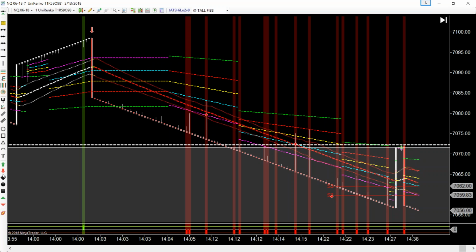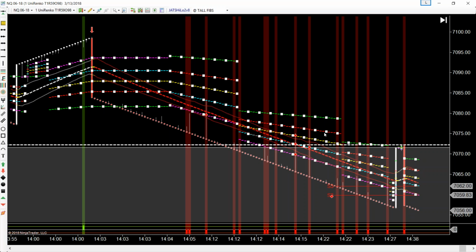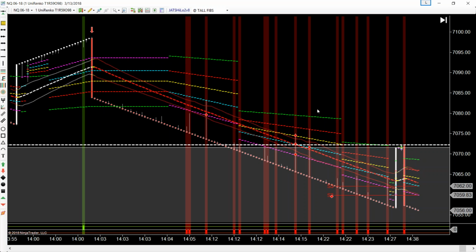And the auto trader, if you wanted to trade this in Blackbird, would enter for you automatically at the levels that you can select. So if you want to only take trades at the 23.6, you can do that, or the 38.2 or the 50. Here's the 61.8 up here, and you can even elect to take your stop behind the last Fibonacci here, this 78.6 Fibonacci,